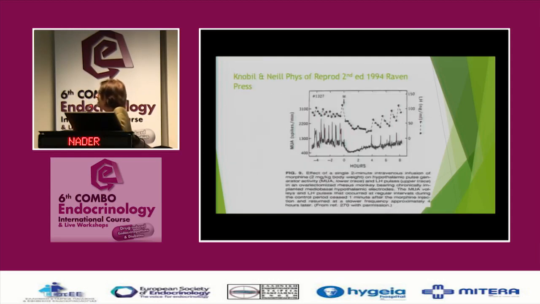And this is a slide from my former dean, Dr. Ernest Nobile, who really put GnRH pulsatility and GnRH function on the map, so to speak. He took ovariectomized rhesus monkeys for this type of experiment, and he implanted electrodes in the mediobasal hypothalamus, which is where the GnRH pulse generator is housed, and he recorded the electrical activity. And commensurate with each pulse of electrical activity, there was a pulse of LH.